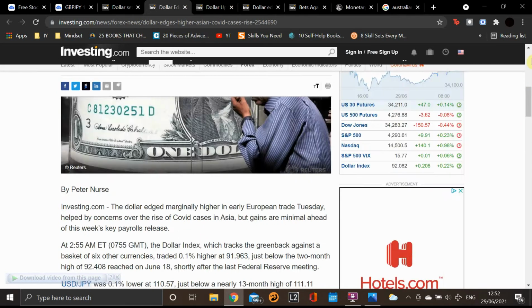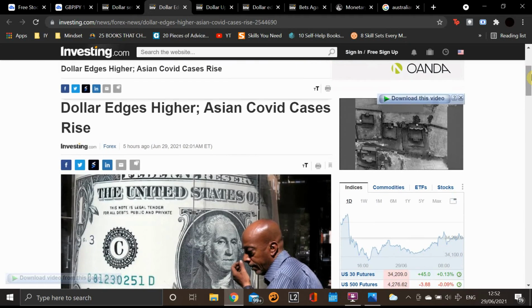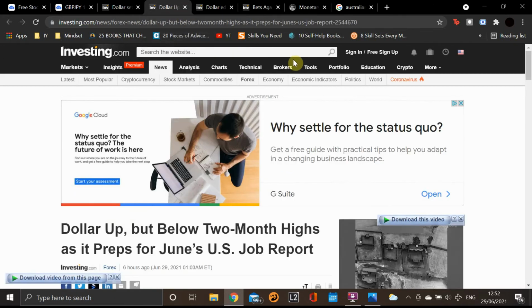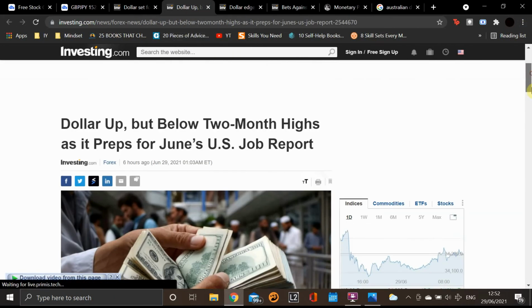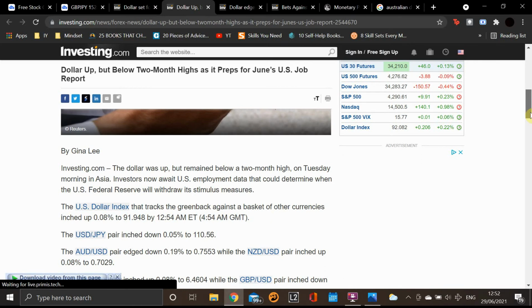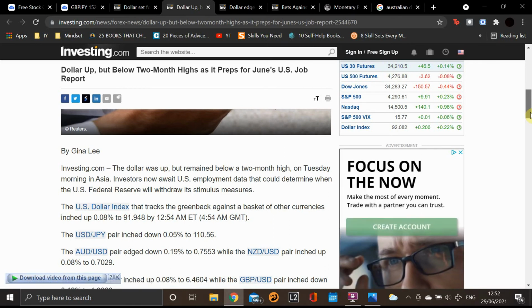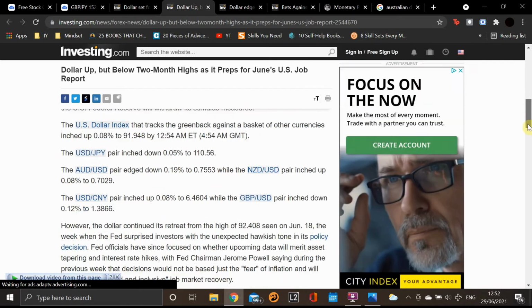Okay, so Asian COVID cases on the rise, so that's not good for the Japanese yen. Dollar was up, remained below 2-month high. I really should be looking at